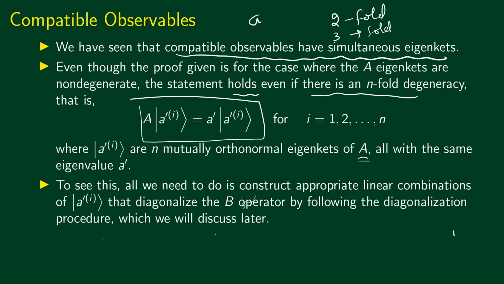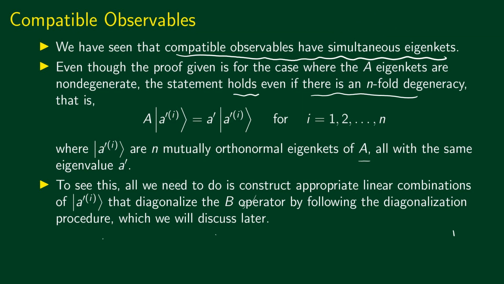So in general, we can always consider that these eigenkets are orthonormal, because we can construct an orthonormal set from it. We haven't shown it here, but I think we'll be seeing it later on. So for now, we'll just consider these n degenerate eigenkets as orthonormal. Now, to actually see that this statement is true in the case of n-fold degeneracy,